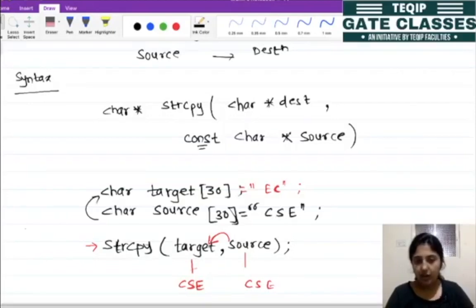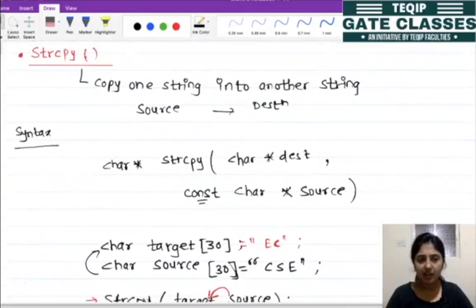Even if we have some other string assigned to the target, this function doesn't care about that. It simply copies whatever data the source has into the target. So this is about the strcpy function.